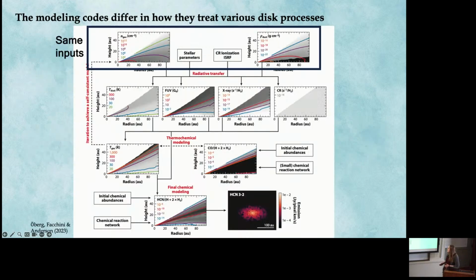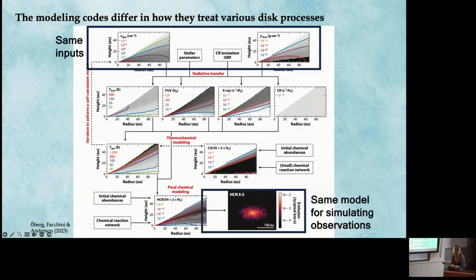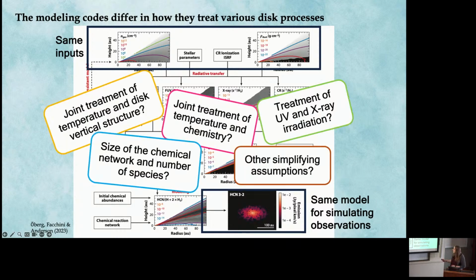So just to highlight on this figure that I'd shown earlier, we're fixing these inputs in the code, and we're also fixing the last step of simulating the observations. We're using the same methodology for that for all the codes, but we're letting the middle step vary, each code using its own process, and there's a wide variety of different assumptions that the codes make for treatment of temperature and chemistry together, whether those are linked or treated separately, how they do the radiative transfer to get UV and X-ray radiation. Also the size of the chemical network, how many species are included, what chemical reactions are included. That's a really big factor that's different among the